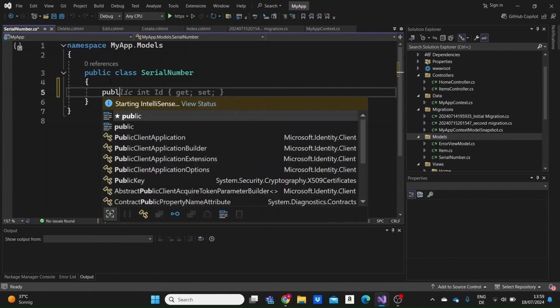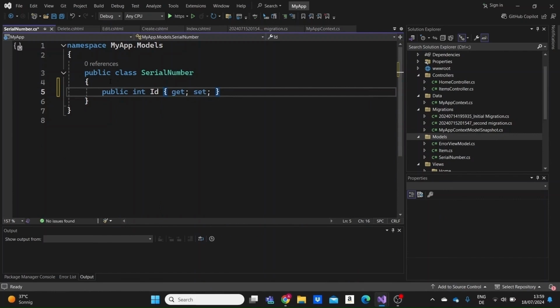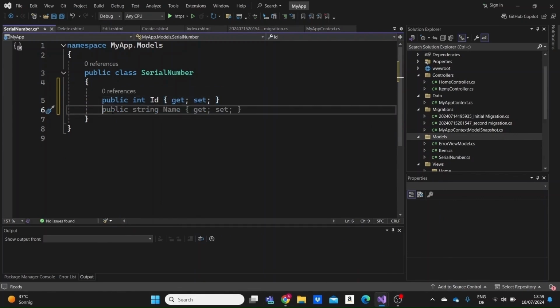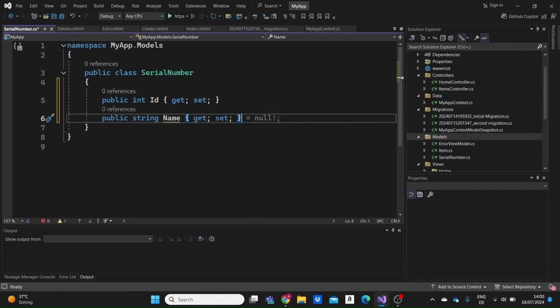And let's give it an ID property. As you can see, integers and numbers usually don't give an error because by default they can be null actually. But if we give the serial number a name as well, to escape this warning,